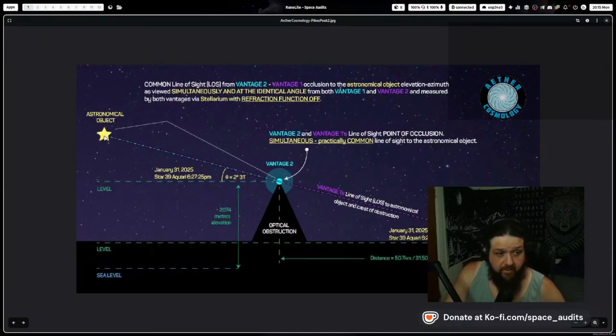Now, if the true geometric position of the star is lined up at 2 degrees 31 arc minutes at a specific time, for an observer on the ground down here, 50.7 kilometers away from this mountain, and the star gets blocked at that exact time based off of its geometric position, then the trigonometric implication of that is that the angle here from the observer to the mountain peak is exactly what that planar elevation predicts,